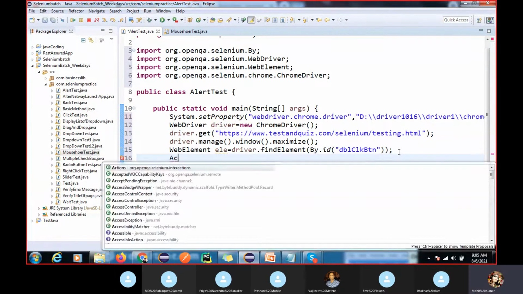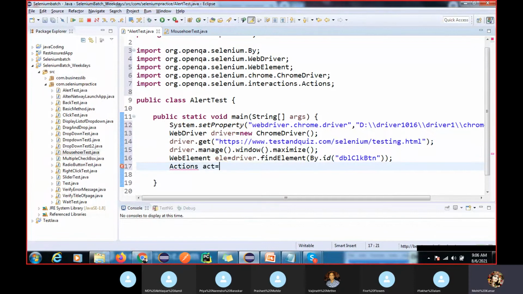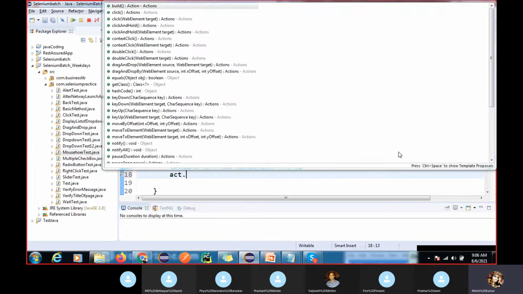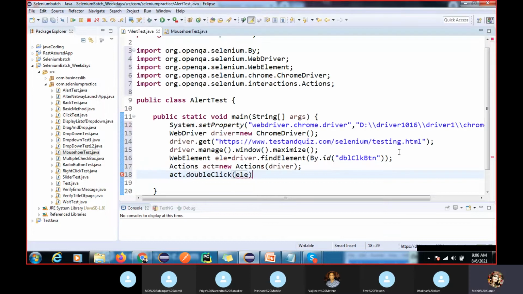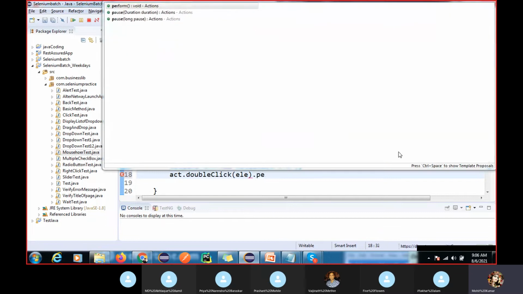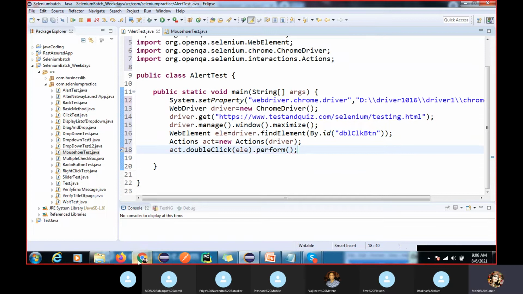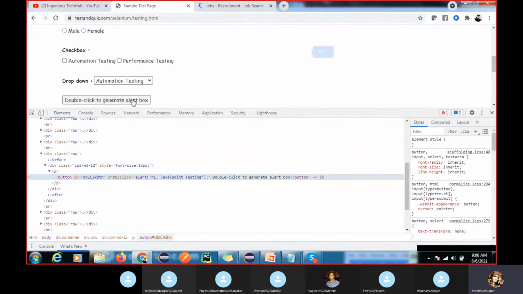So Actions act equal to new Actions driver. And we have a method called act dot double click, and you have to pass this element, dot perform. Once we have the double click, we will get this pop-up.